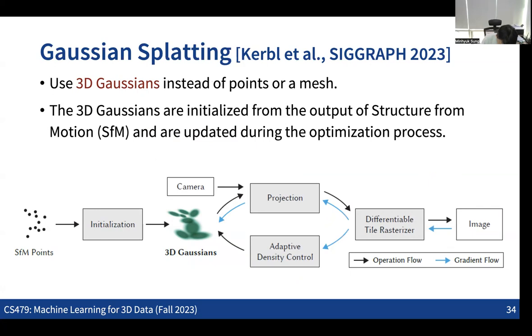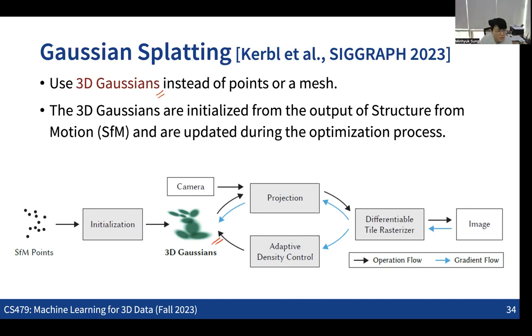This is another example which is not using either a point cloud or a mesh, but also using a set of 3D Gaussians as an explicit representation. So this is similar in terms of using an explicit representation, but the idea is not having any point cloud or meshes, but having a set of 3D Gaussians as the explicit representation, and the rest of the pipeline is similar at a high level to Point-NeRF or Mobile NeRF, but they are switching the representation into 3D Gaussians.